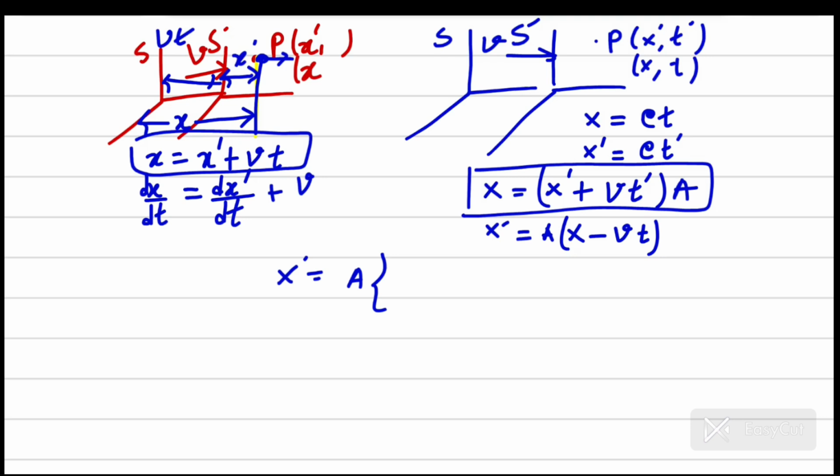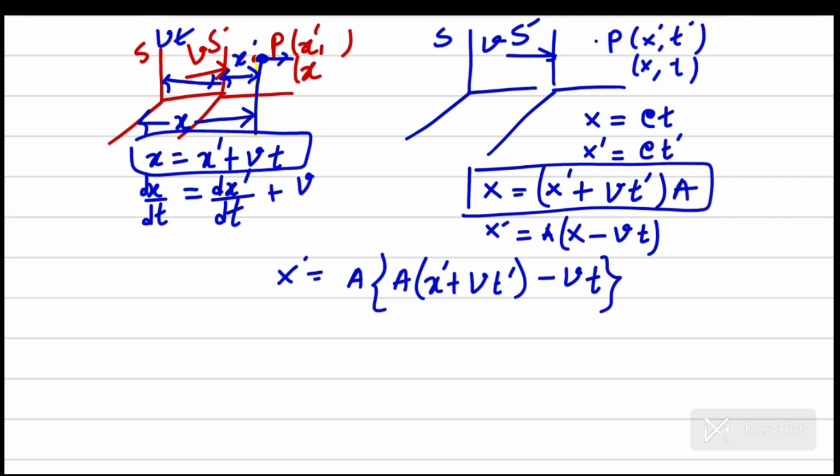So here x will be replaced by this equation, so this is a, and this will be x prime plus vt prime, and this is vt